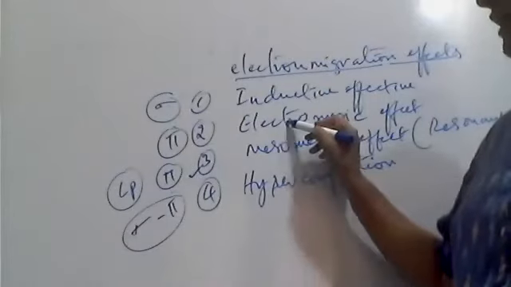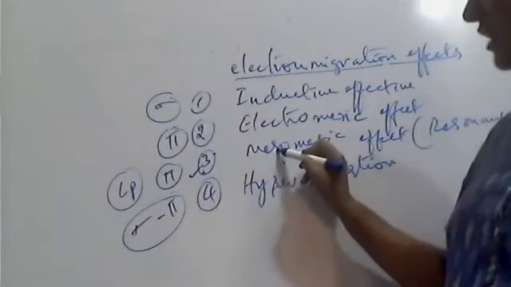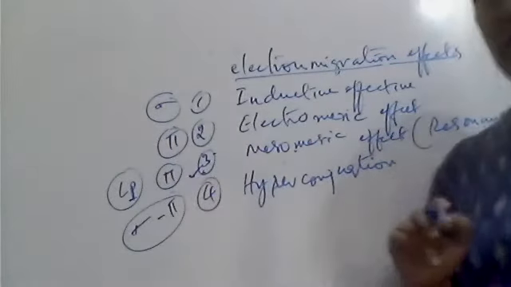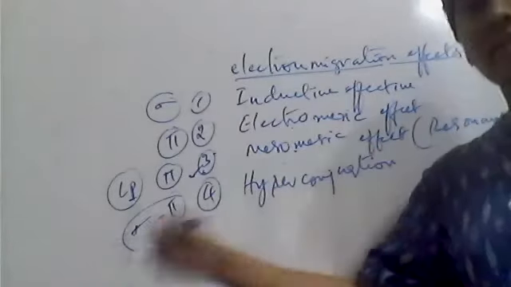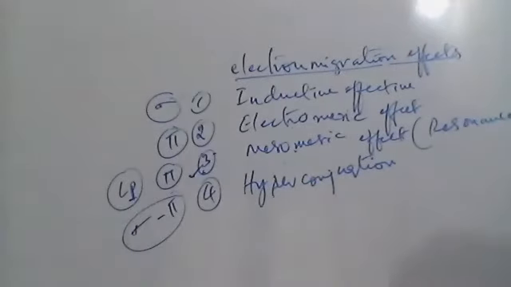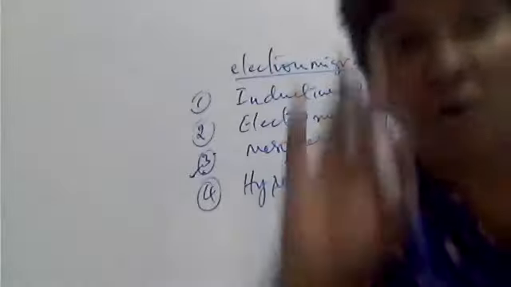Okay, in electromeric effect and mesomeric effect, pi bond is moving. In mesomeric effect or resonance, lone pair also moves. And next, in hyperconjugation, sigma and pi bond both are moving. Okay, and next, one more cutoff here. Out of this four,